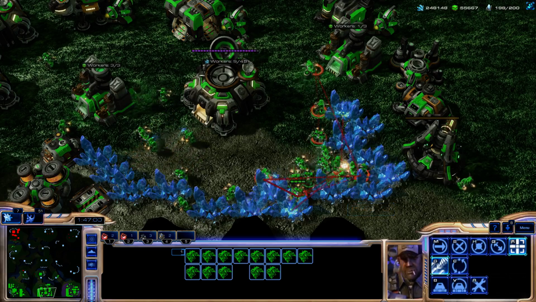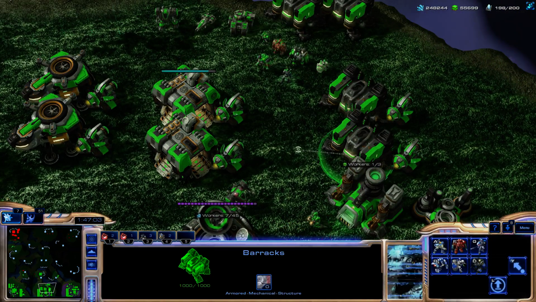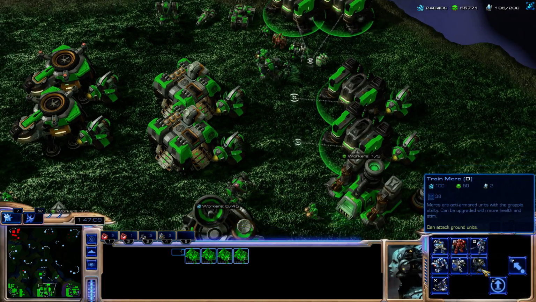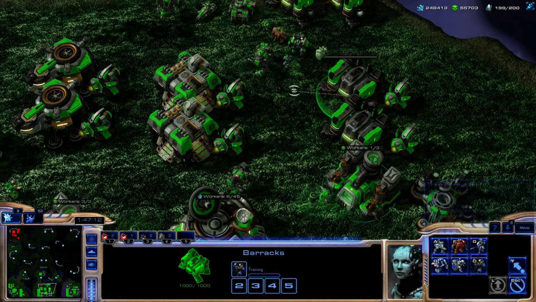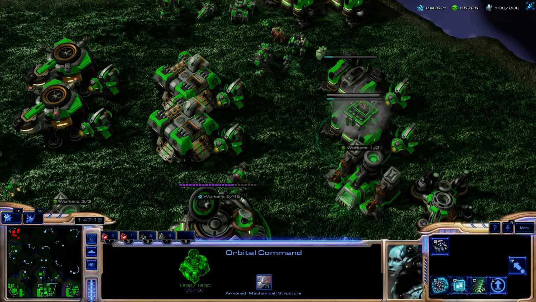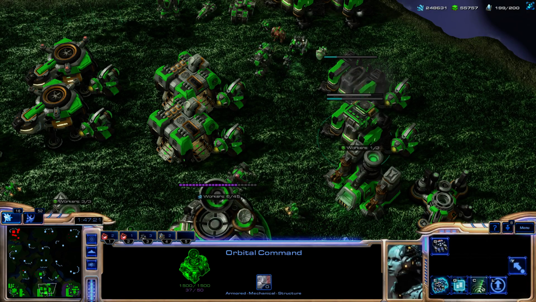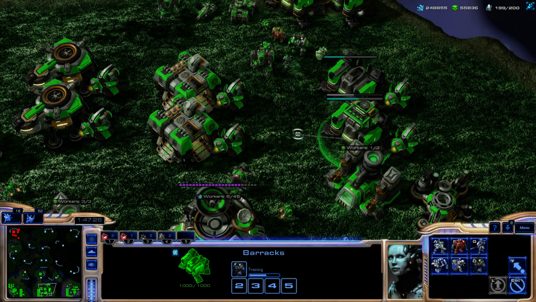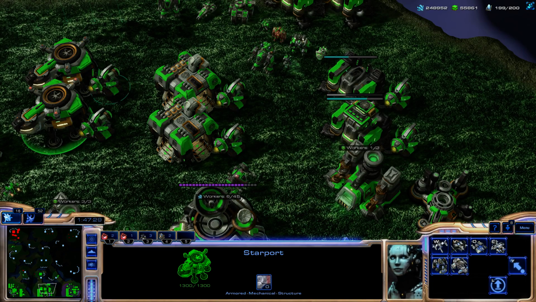It's a bad day to be an SCV. So over here, I'm going to build some mercs. I'm going to build 2 mercs here, and you're going to see that overcharge makes it produce much more quickly. So yes, barracks units produce at a 100% faster rate, twice as fast as if you were to make units